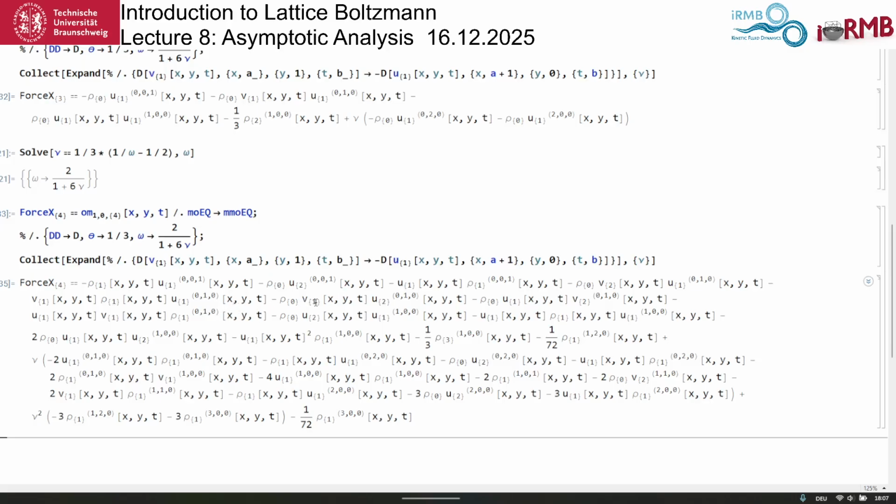And here you see these velocities to second order,